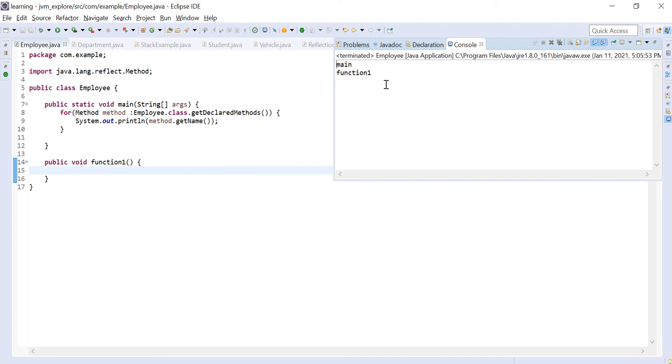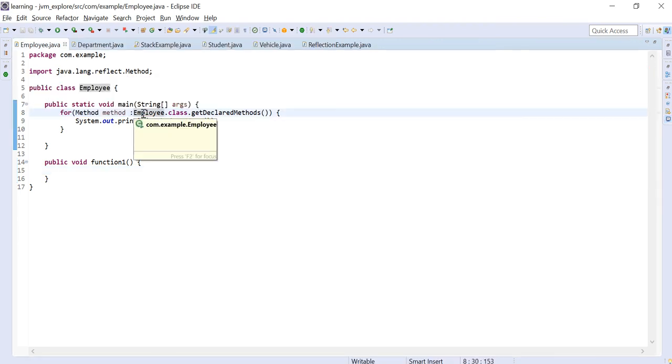Pretty simple, right? But have you ever wondered where this employee.class is coming from? We haven't even created the instance of employee.class, but still we are able to fetch the metadata about the class. Is the employee.class and the instance of class is same? Let's try to figure it out by creating a few objects for employee.